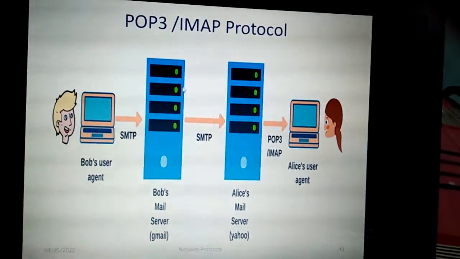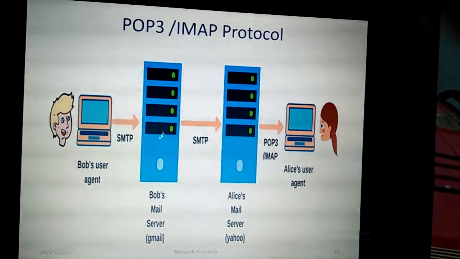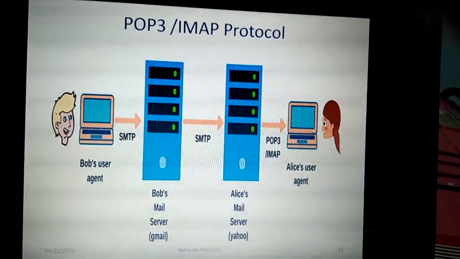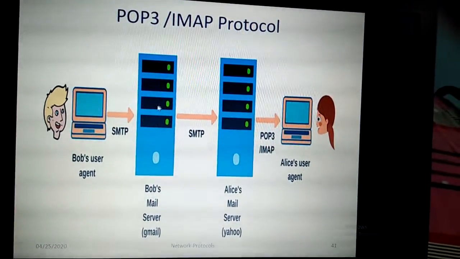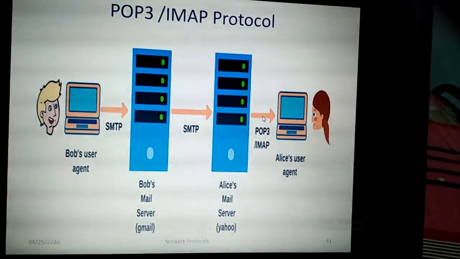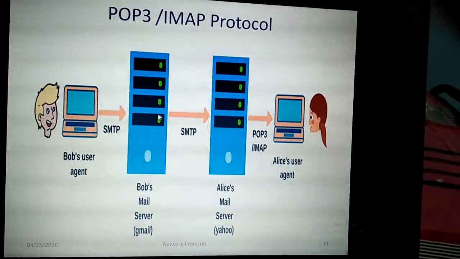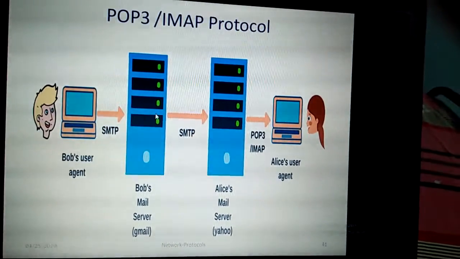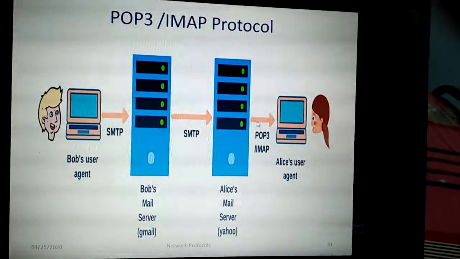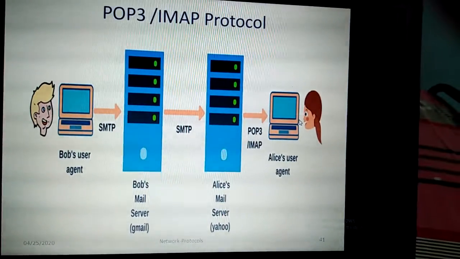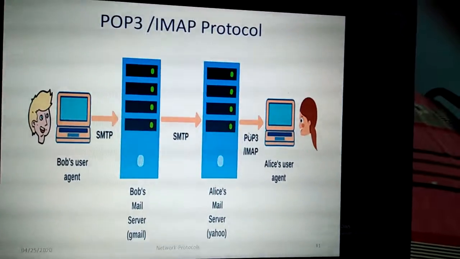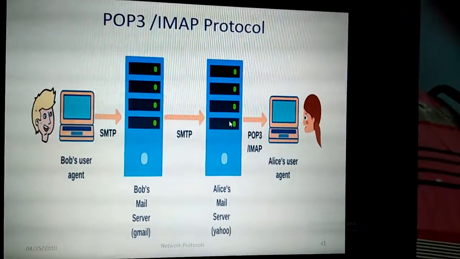In the Gmail server, whatever messages are received from the client side are located in this SMTP server, and any host which wants to receive the mail will interact with the SMTP server through the POP3 or IMAP protocol. So at the receiver side we have the POP3 or IMAP protocol. Through this protocol the SMTP server is interacted with, and then the proper message is received from that SMTP server to the Yahoo server. Through that Yahoo server, it is forwarded to the receiver side machine. So in the receiver side only we have this POP3 or IMAP protocol. Both protocols are used in conjunction in order to receive the mail.